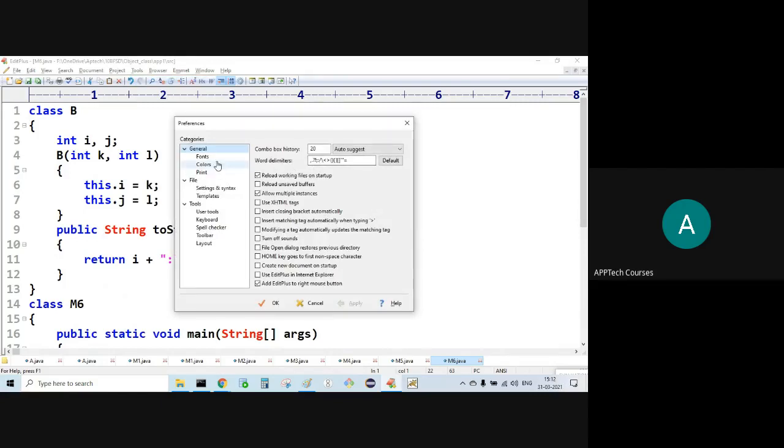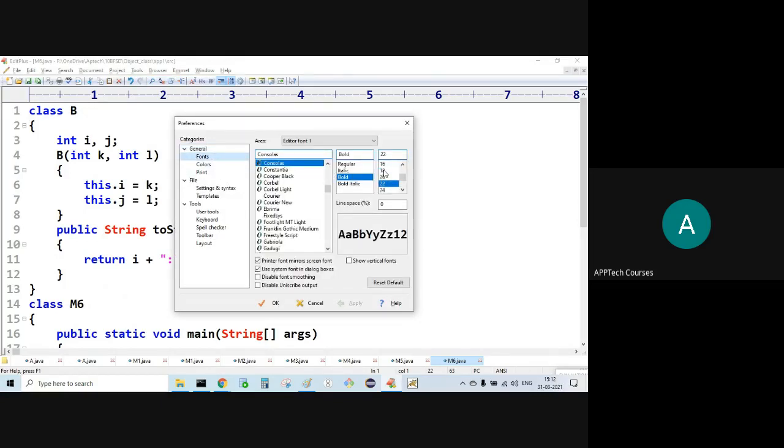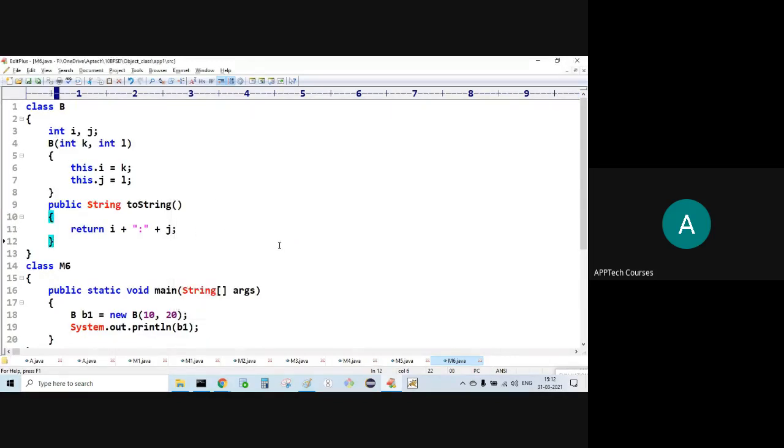Now what happens? What is the output? 10 colon 20.